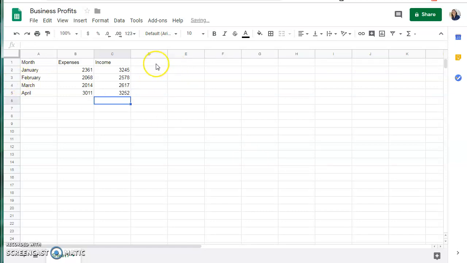Okay, and now we're going to go ahead and actually calculate the profit using the spreadsheet to actually perform the calculations for us. So create a title for your column, profit, and then instead of subtracting the expenses from the income manually to calculate the profit, we're going to actually have the spreadsheet do that. So go ahead and click equal,